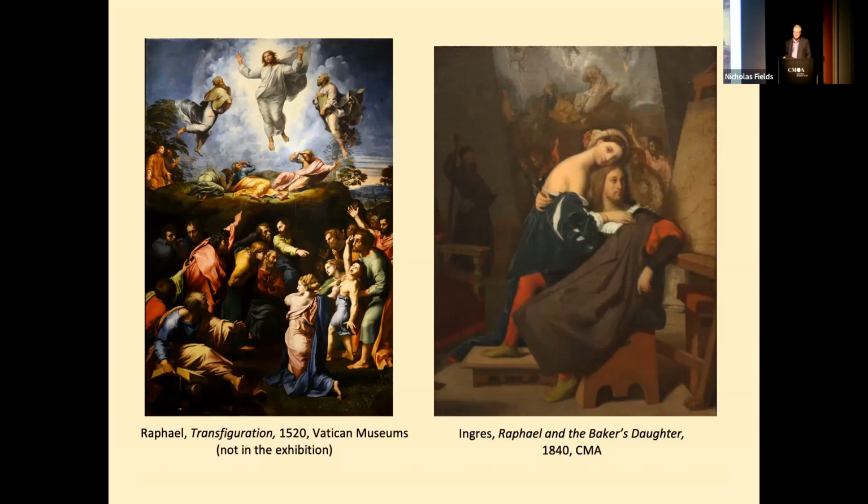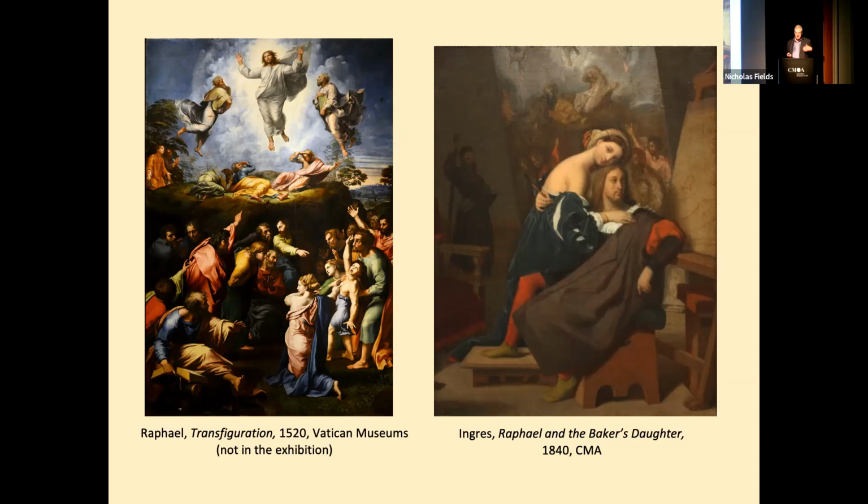But it's not all happy. Very tragically, he died at the age of 37. And this painting, The Transfiguration, not in the exhibition, is his final masterpiece that is considered not entirely finished. And even though that is not in the exhibition, it is in a painting that we do show towards the conclusion of the exhibition, where the theme is the cult of Raphael and the deep admiration that succeeding generations had for Raphael,